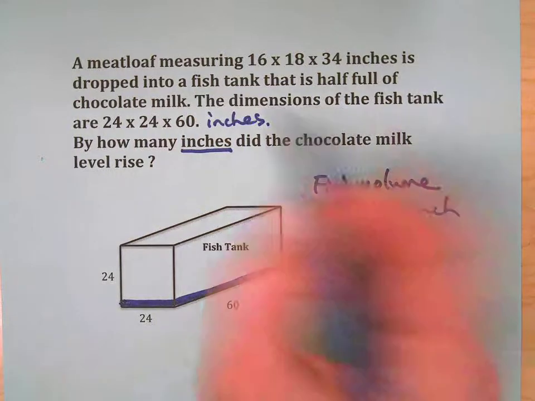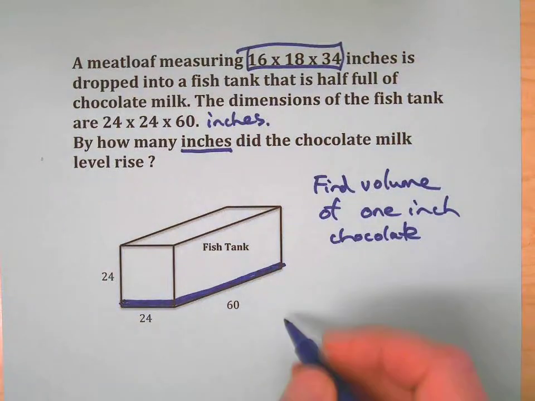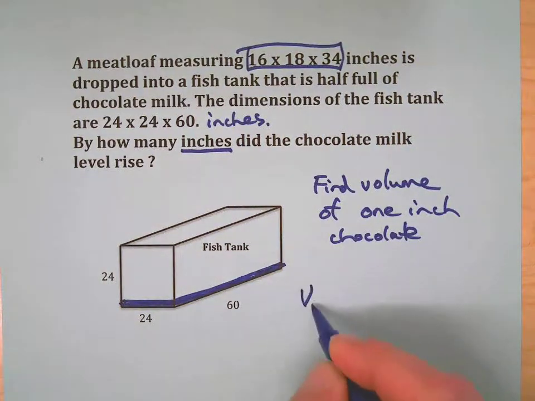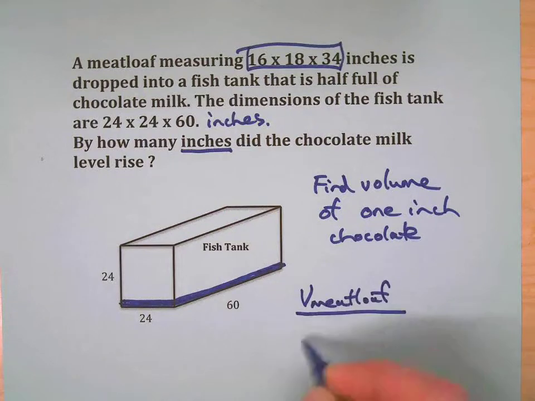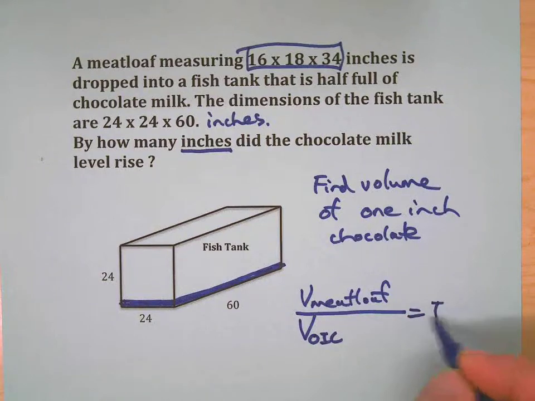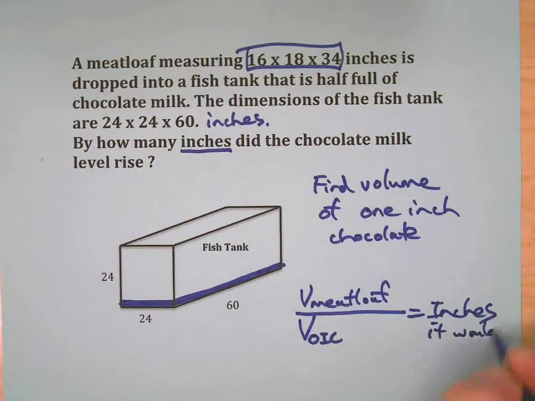And then the volume of the meatloaf, you could do volume of meatloaf divided by volume of 1 inch of chocolate milk. Oh, I see, 1 inch of chocolate. That's going to give you how many inches of chocolate milk, right? How many inches it would rise. It's a pretty simple problem,